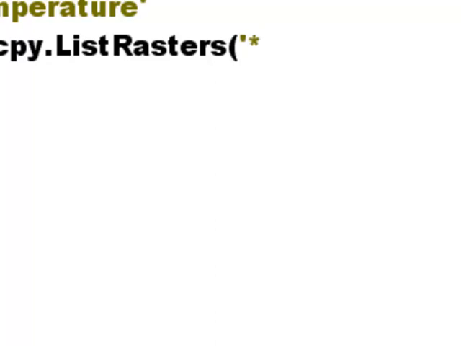So then I could use a wildcard, so asterisk June asterisk. So that should return a list of all the rasters in this current workspace that have June in the raster